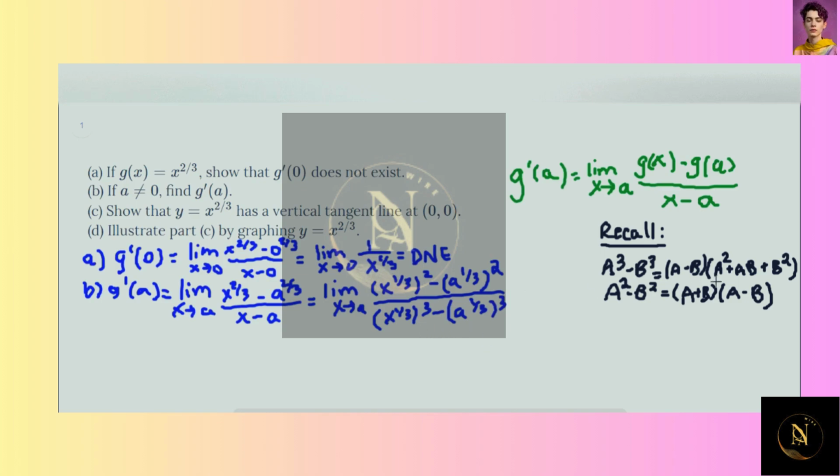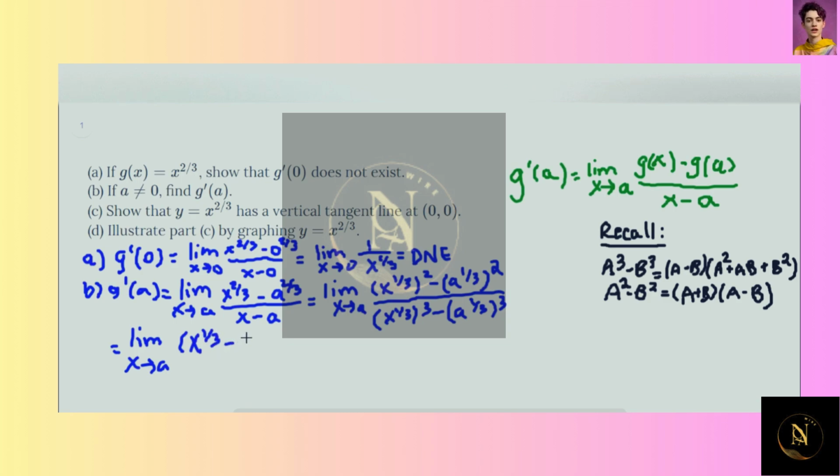And the reason we want to do this is because we want to convert the difference of squares in the numerator and the difference of cubes in the denominator and factor them the way that we see here. These are known formulas for the difference of cubes and difference of squares, and that'll allow us to simplify a lot faster. So limit as x approaches a. We're using these formulas where capital A is equal to x to the 1/3, and capital B is a to the 1/3. So our difference of squares in the numerator is going to be A, x to the 1/3,